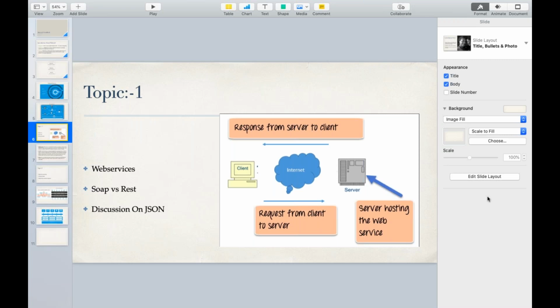Whenever an application wants to transfer some data to another application, it has to follow that standard to send the data. So what are those standards? Web services are categorized into two: SOAP web services and REST web services.